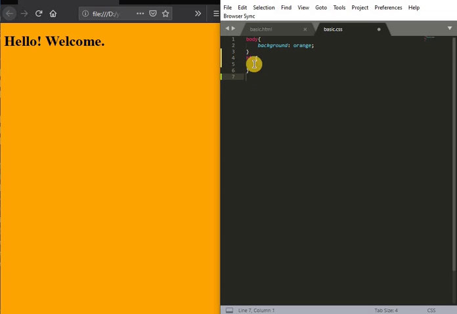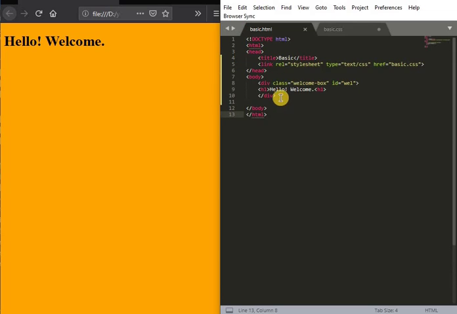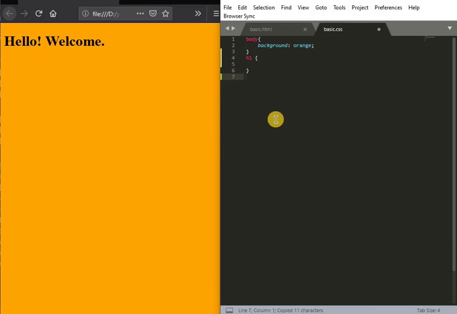But if you are using a class, and I want to style only those elements in this web page whose class is welcome box, we can do that by using welcome box. For a class you need to put a dot and then the class name, welcome box.